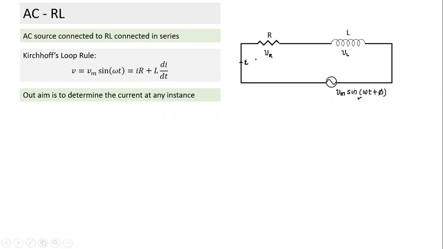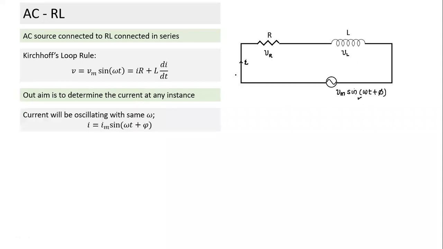So I'll repeat again. Which kind of circuit do we have? Resistance and inductor are both connected in series. If we apply an AC source here, this is the kind of equation we can write. So what are the three things we need to find here? We need to find the current, the voltage across R, and the voltage across L. All three will be sinusoidal functions. Each of them will have an amplitude, omega will be the same as this, and there will be some relationship between the phase constants. So we are interested in finding each one's amplitude and phase constant. Let's see how we find them.